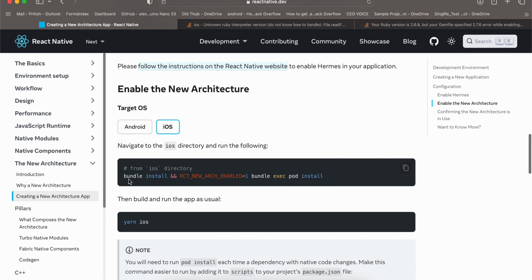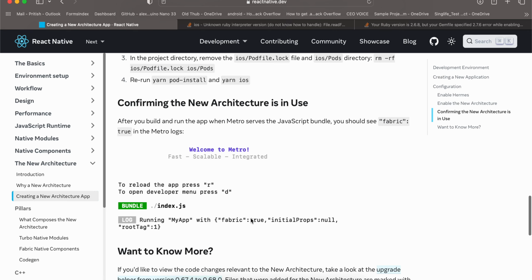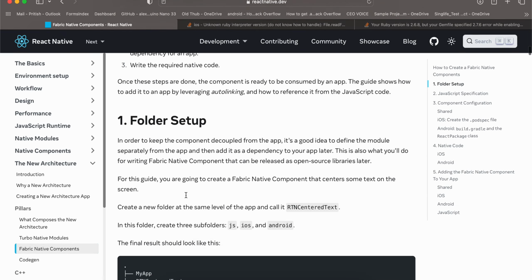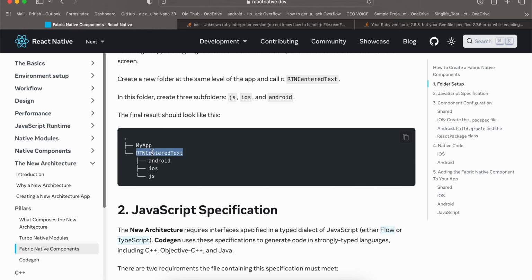But once you are able to successfully run this command from your iOS directory, just run yarn iOS, and in the metro bundler you should see fabric true, which means the new architecture has been enabled for your React Native app. Next, we will go to Fabric Native Components, and it tells us that we have to create this folder,